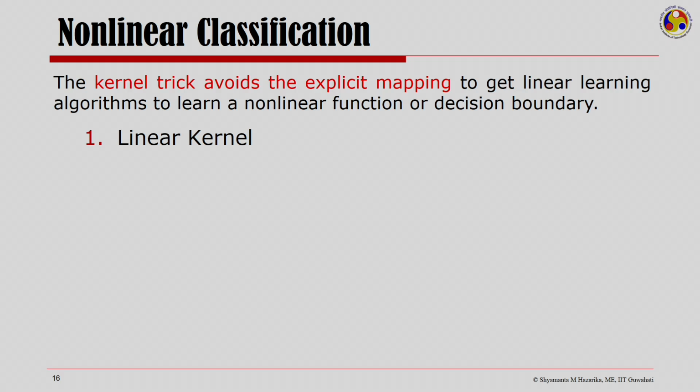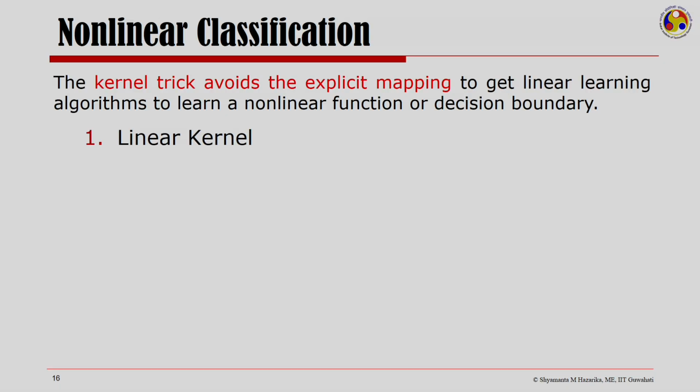Now, we have a number of kernels. I would just mention 3 here for the sake of introduction to the idea of having kernel functions and how they look or what is their behavior. So, we have something called the linear kernel. The linear kernel is the same as what we have discussed. It is just the inner product of xi and xj.